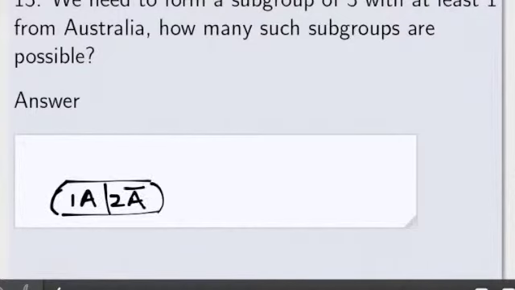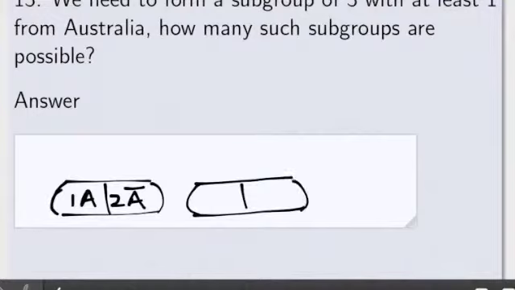So non-Australians I will denote by a bar. So our subgroup has this category, Australians and non-Australians. Since we are interested in all the subgroups with at least one Australian, there could be another subgroup